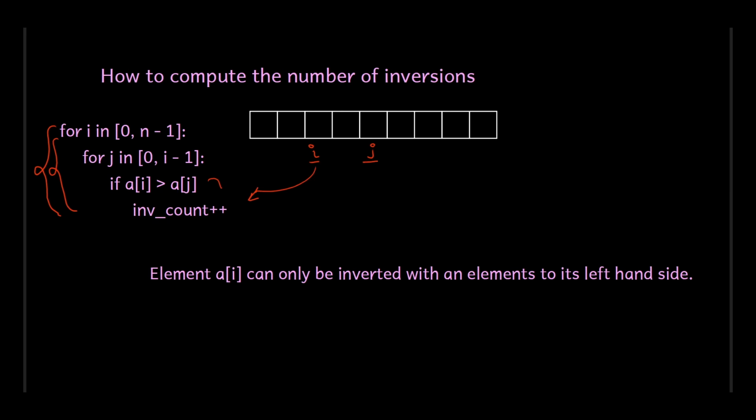So this if and the increment that you are seeing, you can actually club them into one, and let's define an indicator variable that takes in i comma j,